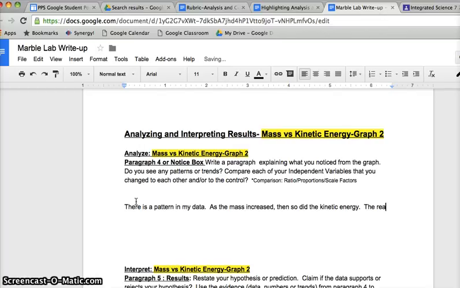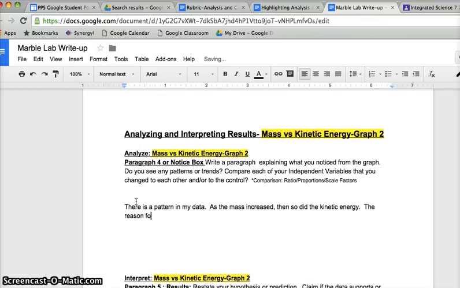Then you're going to go into the reason. The reason for this trend is that the equation for kinetic energy is, then you can put in the equation and then talk about,